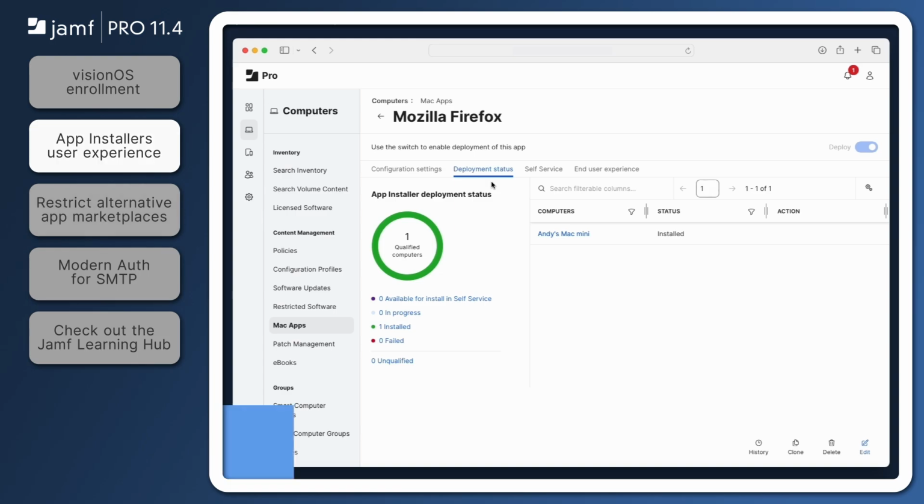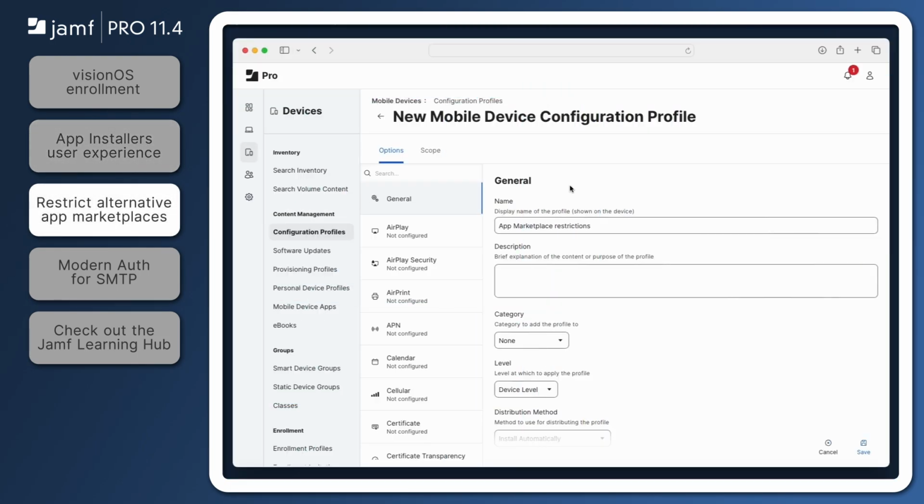With the release of iOS 17.4, iOS devices in the EU are able to install alternative app marketplaces and install apps from those marketplaces. Organizations that want to only allow apps that have been vetted through the App Store approval processes may wish to restrict this availability. In Jamf Pro 11.4, the Restrictions Configuration Profile payload for mobile devices includes a setting to disallow the installation of alternative marketplace apps, as well as the installation of apps from those alternative marketplaces.